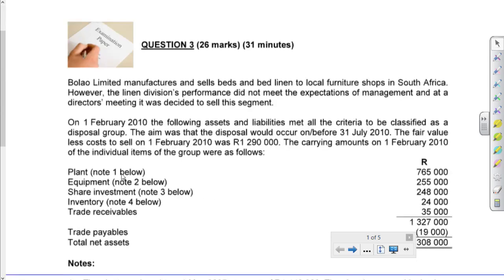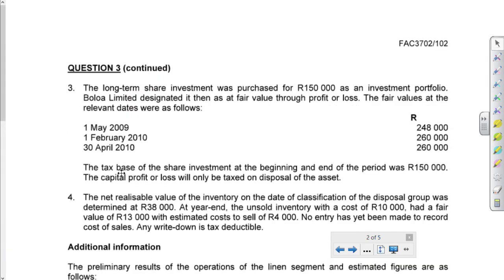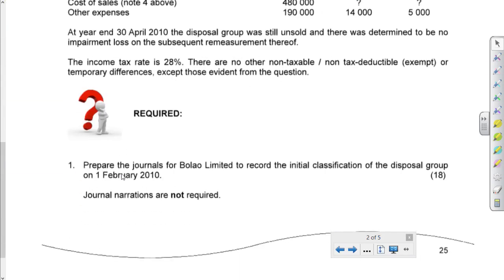Okay, so you'll see that the required asks you for journals. The journals are for 18 marks. Prepare the journals to record the initial classification of the disposal group on the 1st of February. So we're not going to do that last step, isn't it? We're just going to do the 3 steps. The 3 steps are